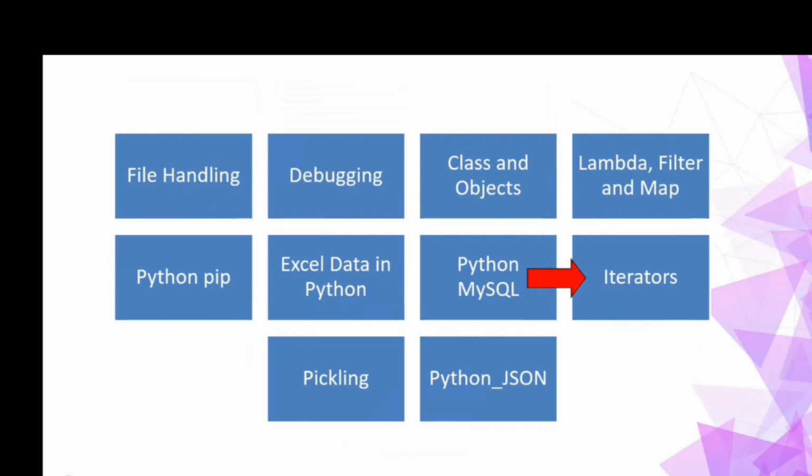Then we'll move on to the last three parts, where the first one will be iterators, where, as the name suggests, lets you iterate over a certain thing, right? So we'll look at iterations and iterators over there. After which we'll move into pickling, and then finally we'll move into a Python JSON. So JSON, as you know, is a JavaScript oriented notation. So we'll look at how you can parse a JSON into a Python dictionary or a list. Alright, so that will be everything that we'll be covering in our